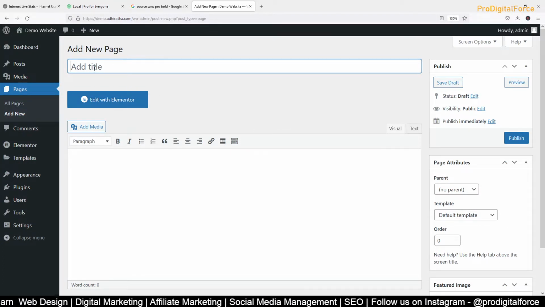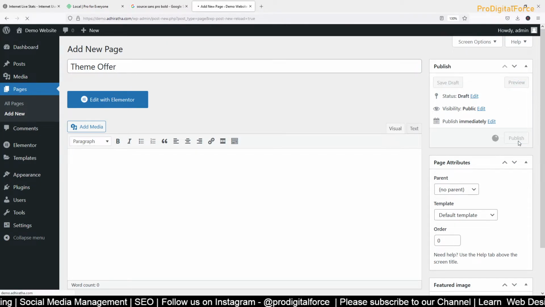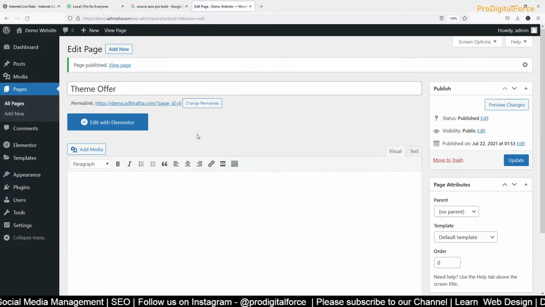Now, like say, page name is theme offer. Publish. Okay. Now it's showing my link is like this, it is coming.